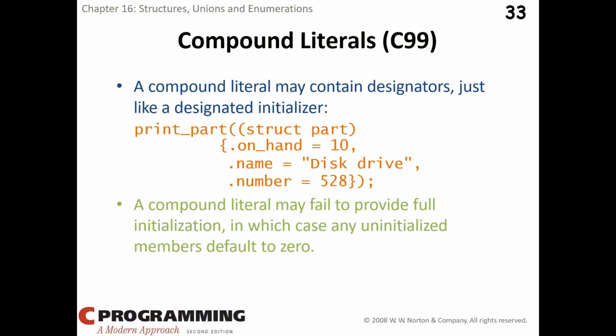Also, compound literals can be used with designators, and they can handle partial initialization. So here in the slide we have the following example, the code printed in orange. In this example, the compound literal, which is struct part, .on_hand = 10, .name = disk drive, .number = 528, initializes a structure of type struct part, and designators are used to specify the values for specific members of the structure, providing clarity